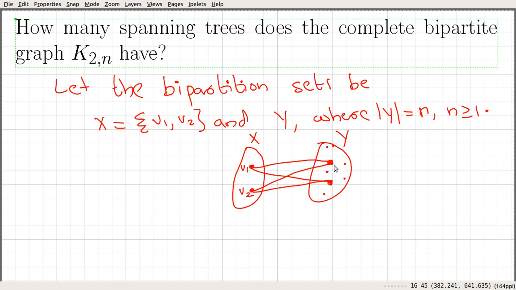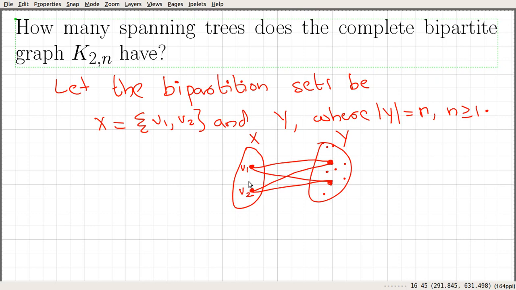So suppose that we have 2 vertices in Y which are adjacent to both v1 and v2. If that's the case, we can see that we have a cycle. In a tree a cycle is not allowed, so in these spanning trees such a situation won't occur. We don't have two vertices in Y that are adjacent to both v1 and v2.